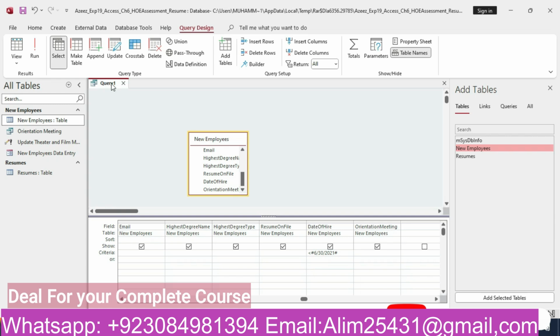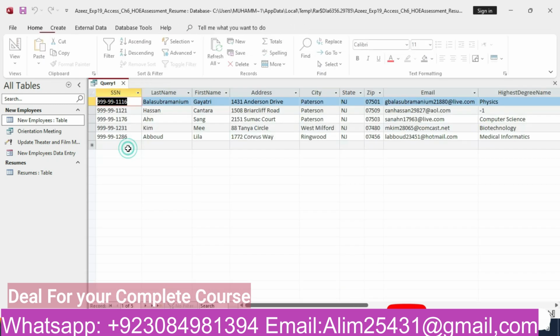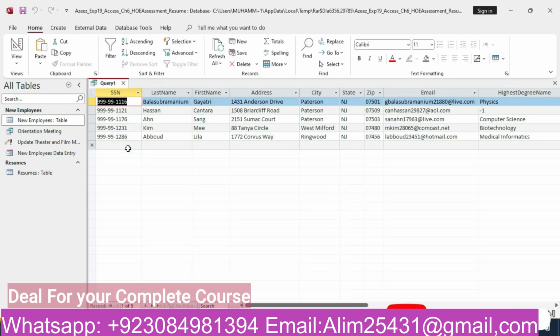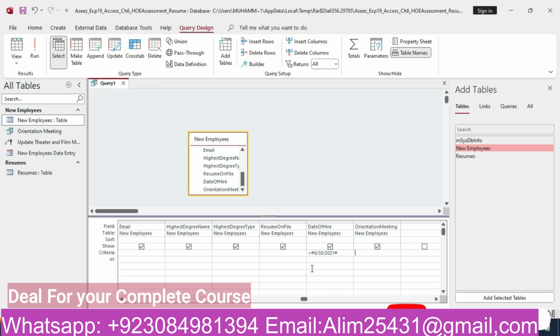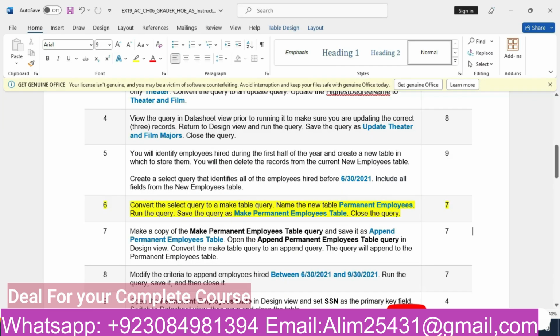So we will now go to the query datasheet view. So we have got our results. We have only 5 employees hired before this date. Now we will go to the design view. Now our criteria is meeting. So what we need to do now,